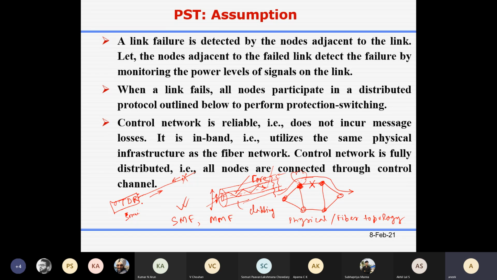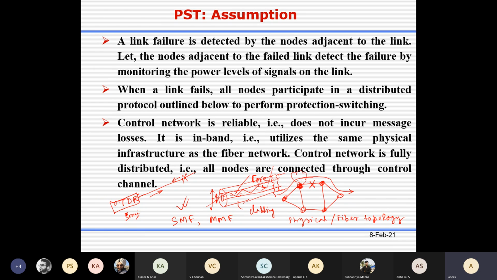Actually, we use this device to find out where the fiber cut is. You can understand that there are two nodes, say 5 kilometers apart, and now there is a fiber cut. Where exactly has it taken place? We can use OTDR, and depending on the resolution of the device, we can locate the cut, because the entire fiber is underground and you cannot dig at just any place.